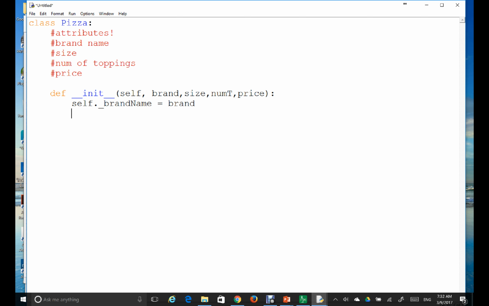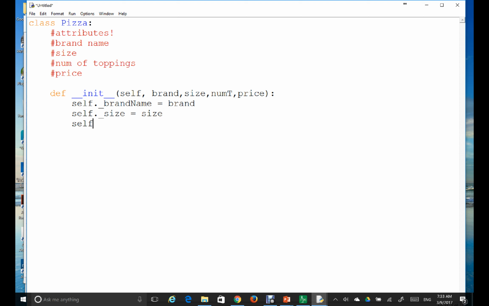So whenever you use an instance variable of a particular class, you need to always use self, right? Self dot underscore size is equal to size, this guy, size,